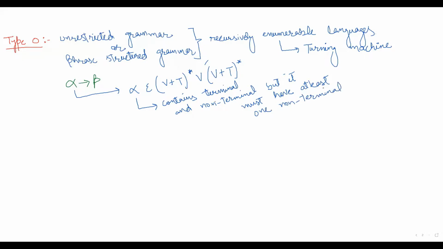It can have 0 terminal symbols, but one non-terminal symbol should be there. That is why it is (V plus T) star, V and (V plus T) star. And this beta can be terminal or non-terminal, a string of terminal and non-terminal. For example,